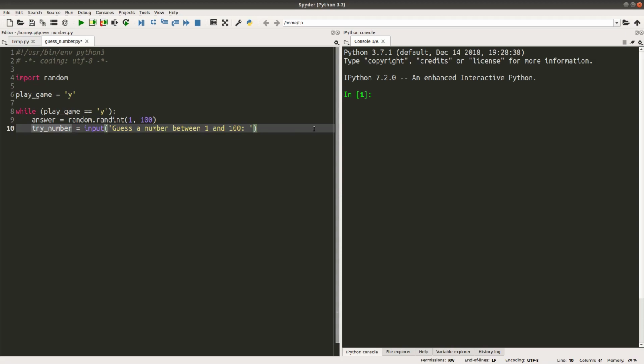Try number is a string when we use the input command here. So I have to change it to an integer before I can do the comparison between try number and answer directly. I use int command to change try number from a string to an integer.